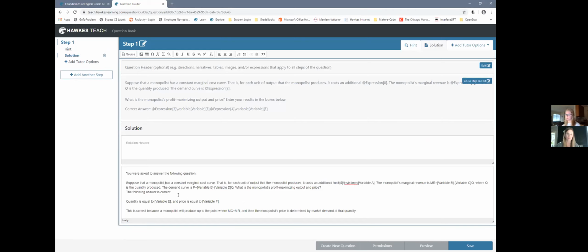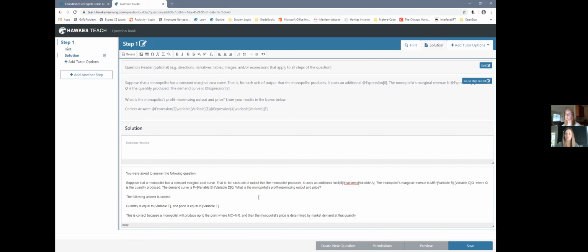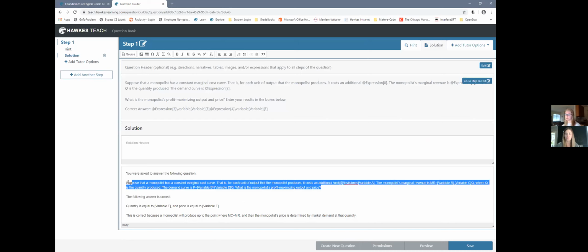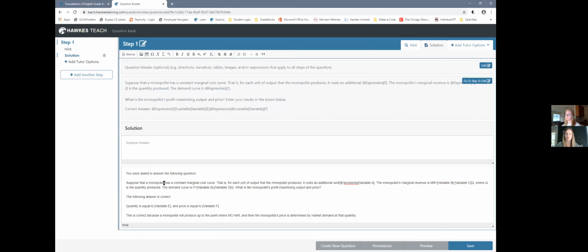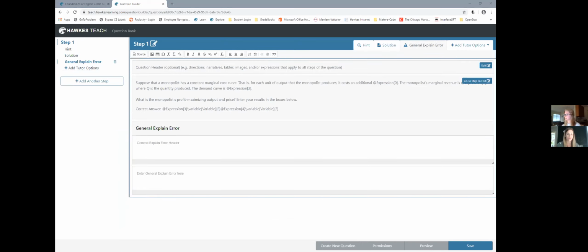because especially if you're going to be repeating text in multiple parts of the question, like this answer statement here that we're repeating, it helps to just paste it all in all at once, and then you can go back all at once and replace it with the formatted text with the variables and expressions you need. So I've done hint and solution. I'm going to do general explain error,